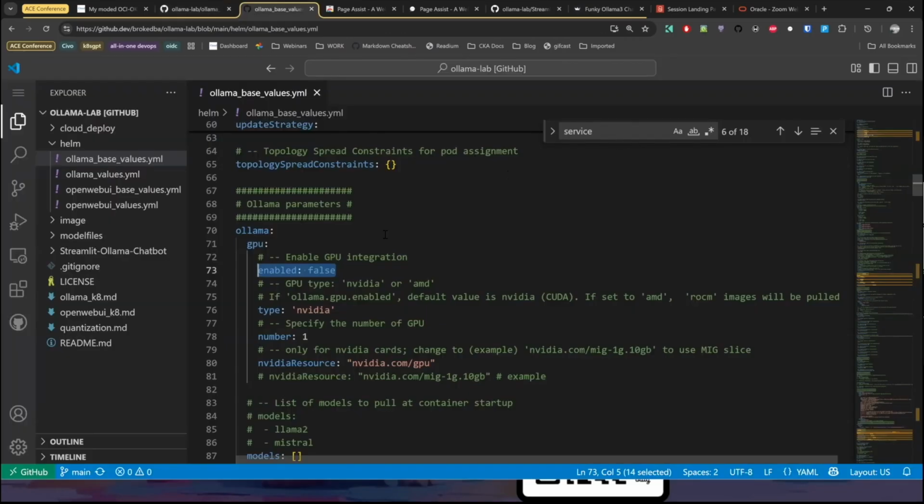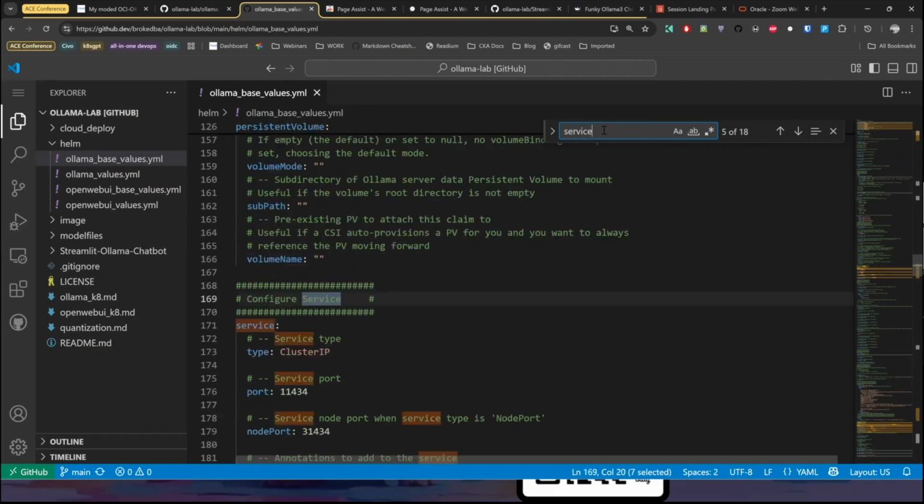As you can see here, while the parameter is GPU enabled, my cluster is CPU, right? It's not a GPU cluster. I don't have the money for GPU, so what do I do? I just go to this parameter and specify false, and then you go down, you get to the values where